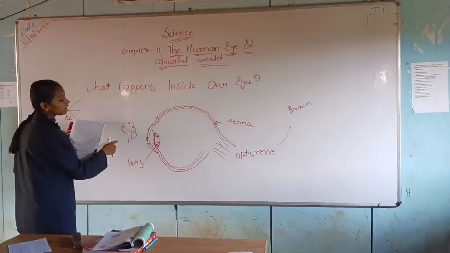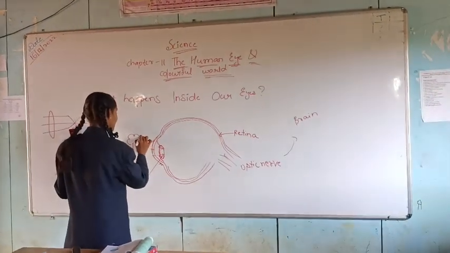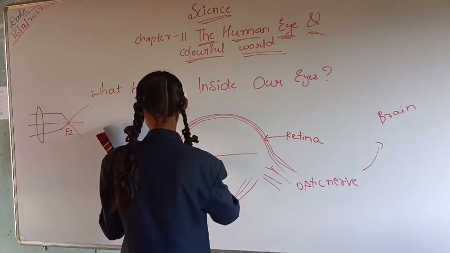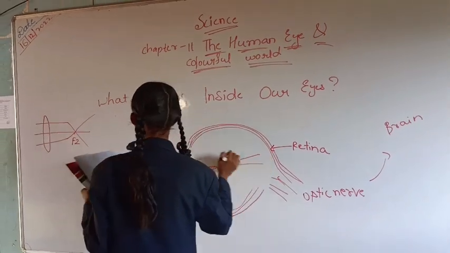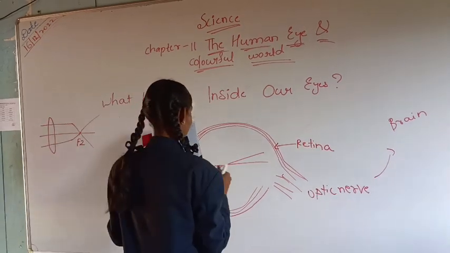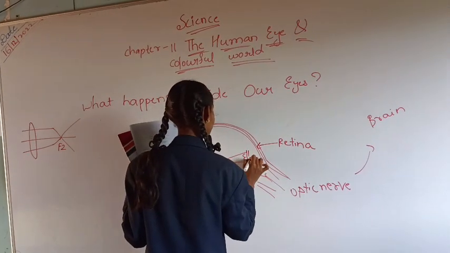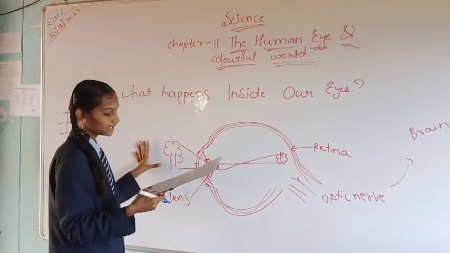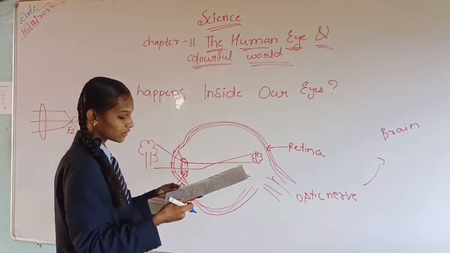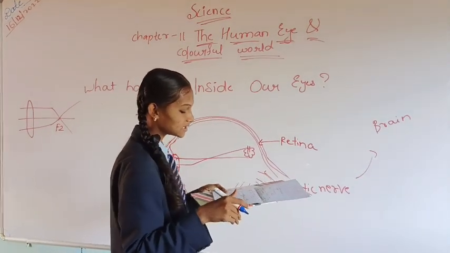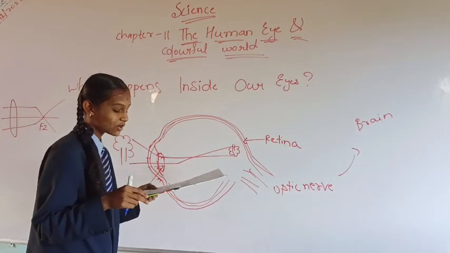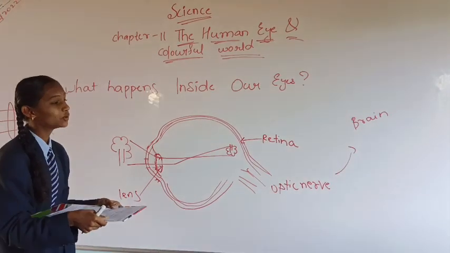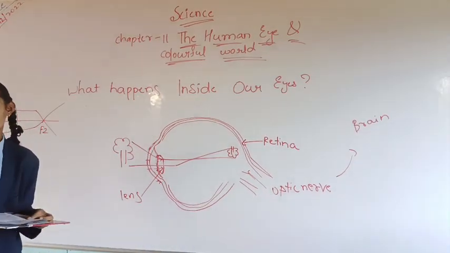When the object we are observing is in front of our eye, the light gets inside through our pupil and is transferred like in a convex lens. The object is at infinity, the image is at F2, the relative size of the image is highly diminished, and the nature of the image is real and inverted. So from this we can prove that a biconvex lens is present in our eyes.